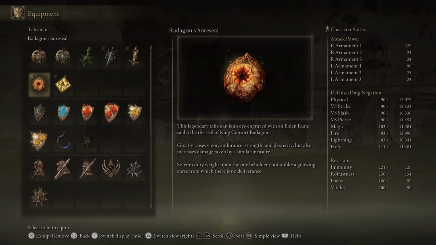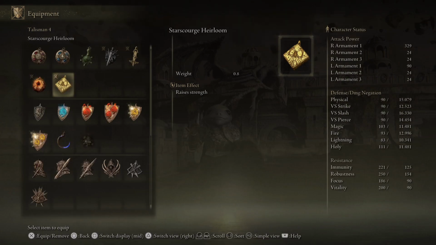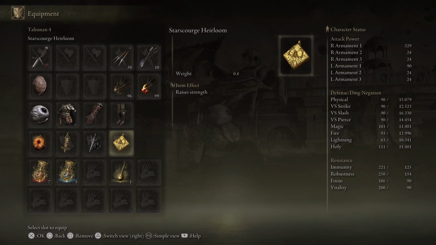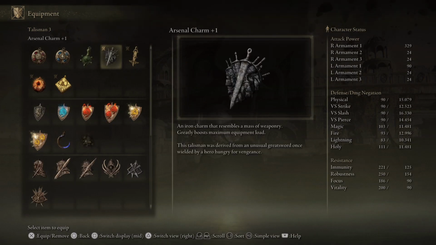In addition to the Sword Seal, I'm also rocking the Star Scourge Heirloom. This is what allows use of weapons like the Claymore for a level 1 wretch such as myself. Found in a chest amid the ruins of Fort Gale. Raises strength by 5. Lastly, I have the Arsenal Charm +1. This is found in the Altus tunnels and raises max equipment load, giving my build a little more leeway when